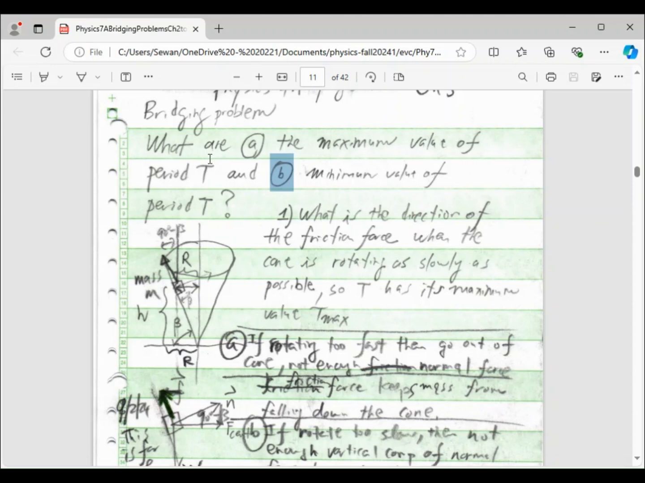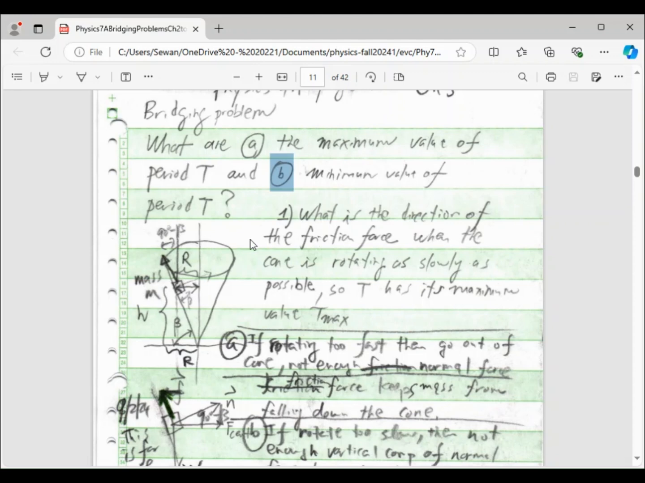So the question for this problem: what are A, the maximum value for the period, and B, the minimum value of the period T for the mass to go together with the cone? So what's holding the mass on the cone? And so we know that that's going to be the force of friction. However, for this particular problem, depending on the maximum period or the minimum period, the force of friction is going